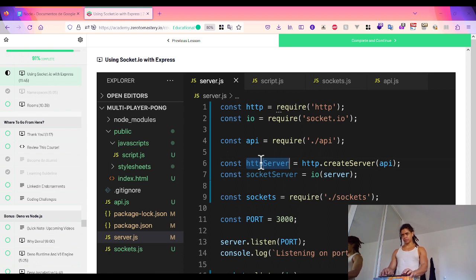Here is where we import that built-in module, and here we only call the HTTP create server. The same for this, where we import our IO socket.io server, and here we're going to call this the HTTP server,